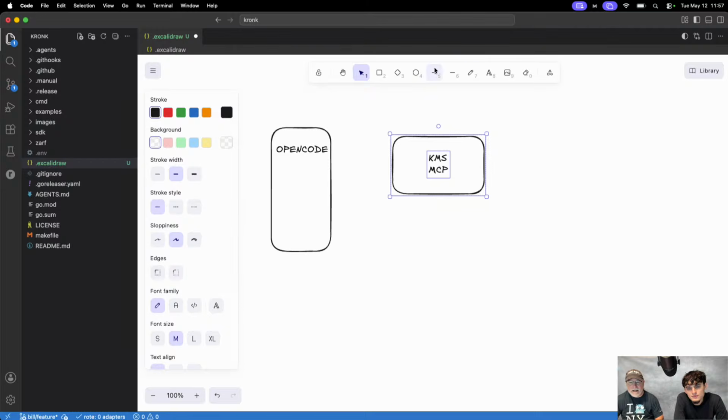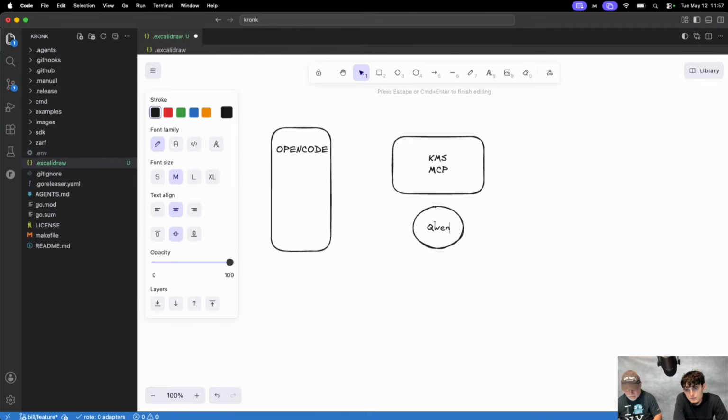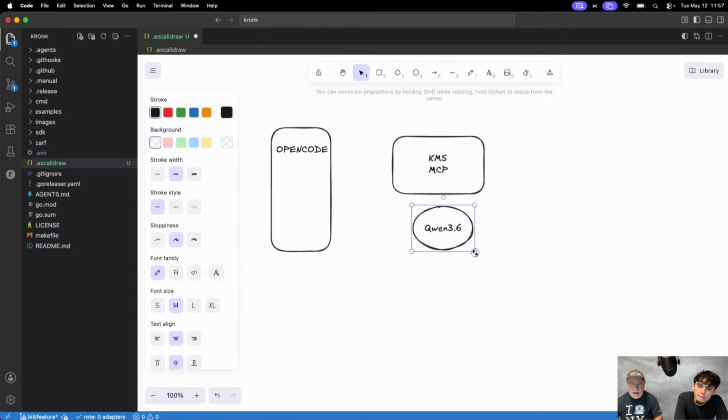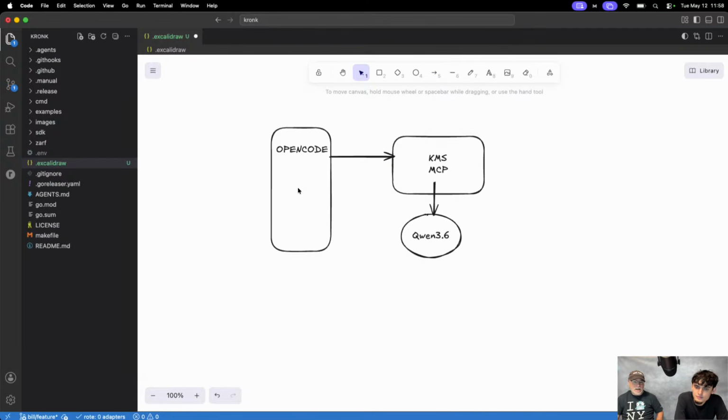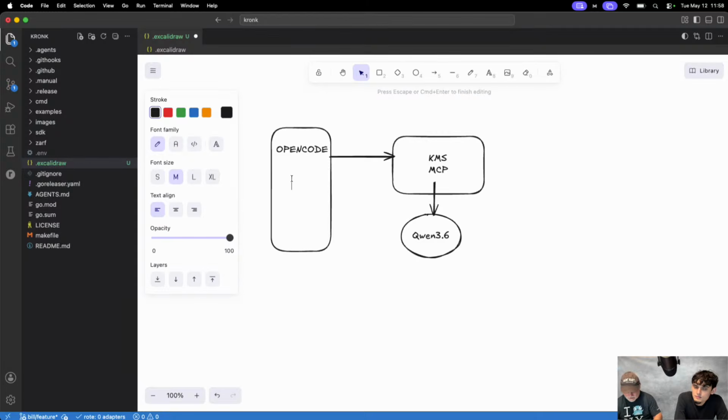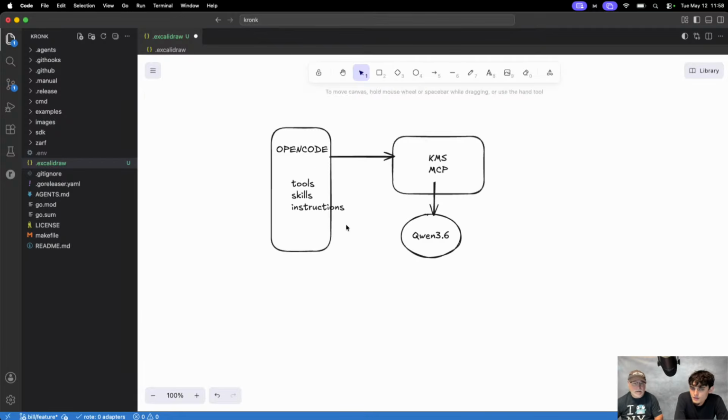And the idea is that KMS is hosting a model. Right now, it's my Qwen 3.6 model. There it is. And this is how OpenCode is communicating and interacting with it. It's feeding the model everything that it knows about in terms of tools, skills, instructions, all that stuff.